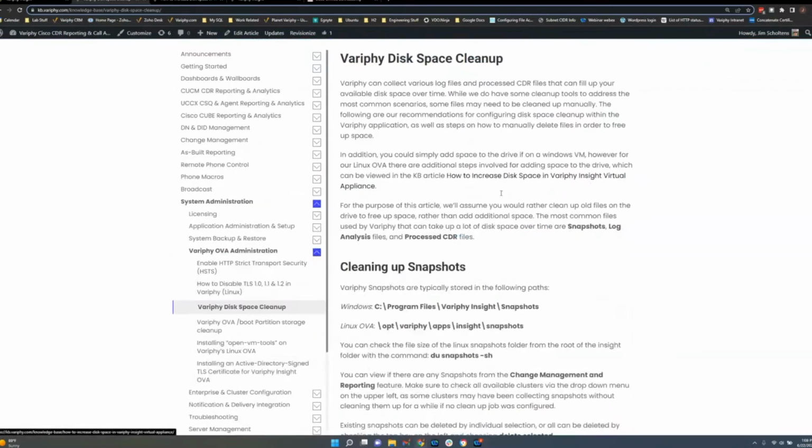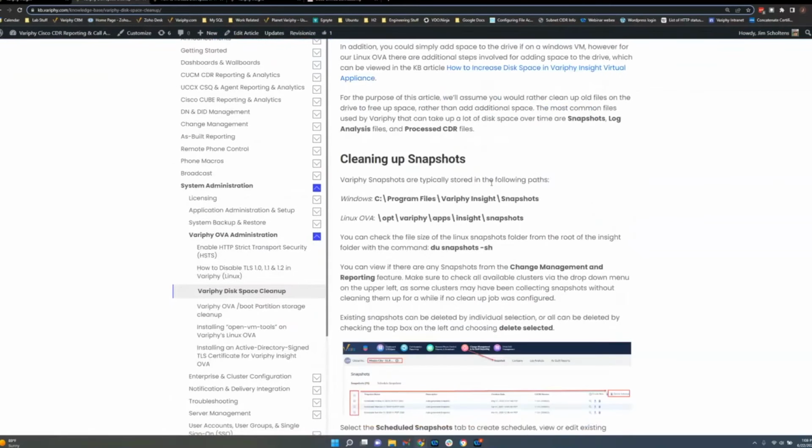So scrolling down through this article, I'm not going to do everything here. I'm just going to point out some highlights. Cleaning up snapshots: if you're using snapshots, or if you were using them in the past and stopped using them for whatever reason, there could be older files in there and they could be taking up considerable space.